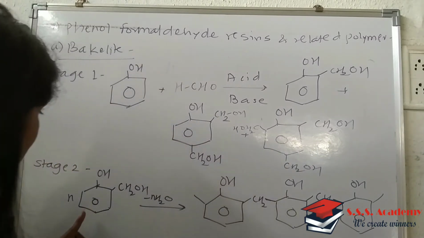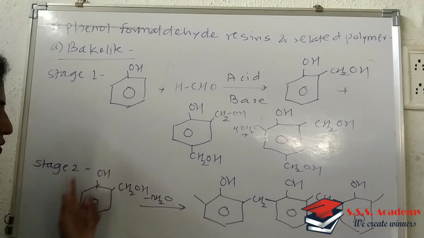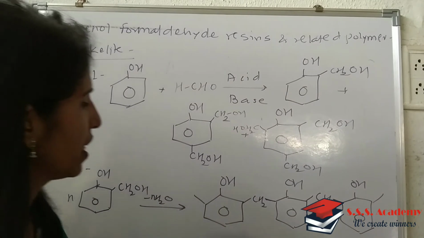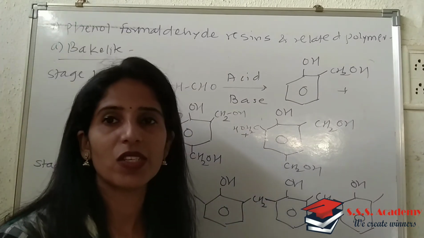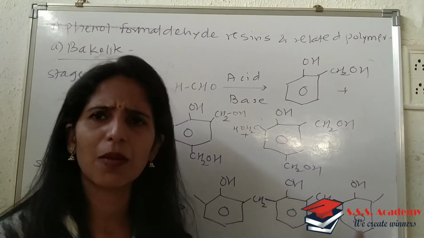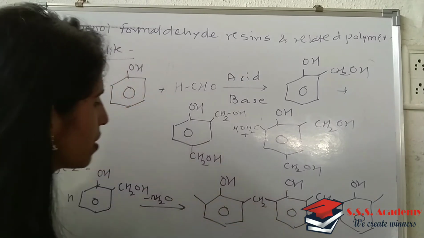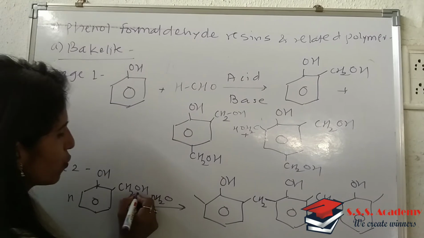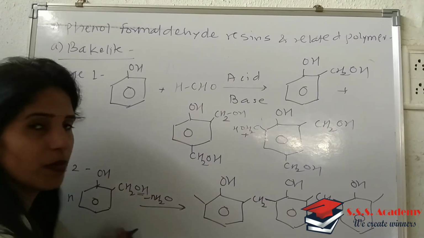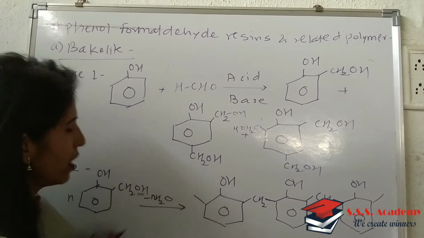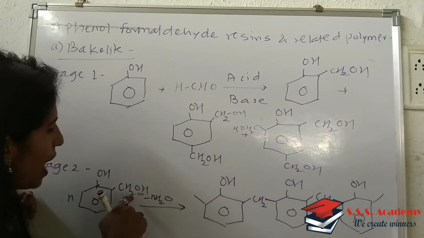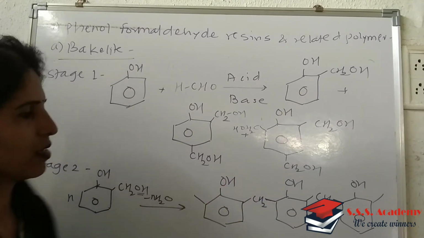Okay, so what you will write is this is ortho-methylol phenol, which on removal of n moles of water will give you the molding powder, which is nothing but Novolac. It is a linear polymer. Now once this stage 2 is over, see what we have done. OH from one unit and hydrogen from the forthcoming unit will combine together and give you this structure, that is this Novolac.